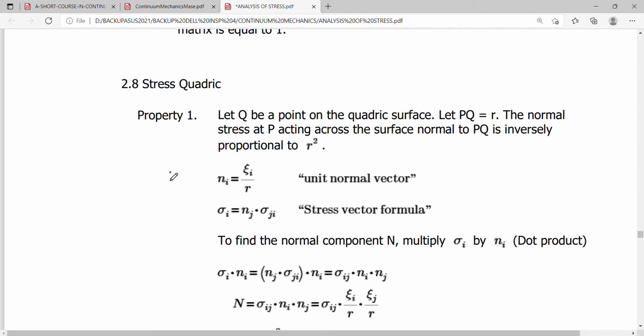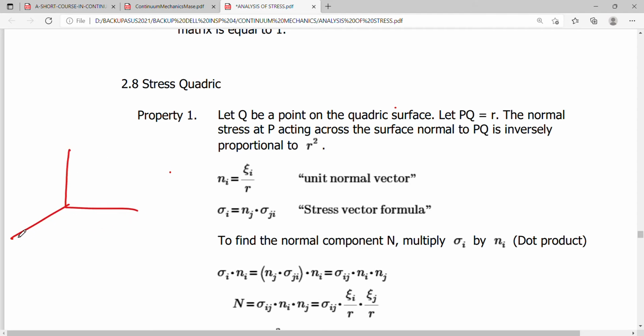As far as the equation of the stress quadric is concerned, it will yield a manifestation of how the stresses, the elements of the stress tensor, are represented on what you call